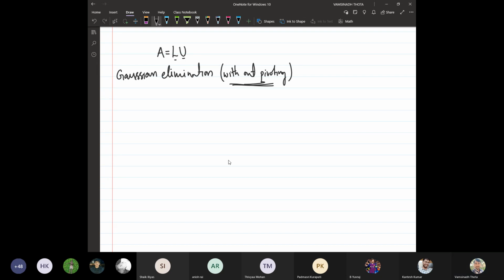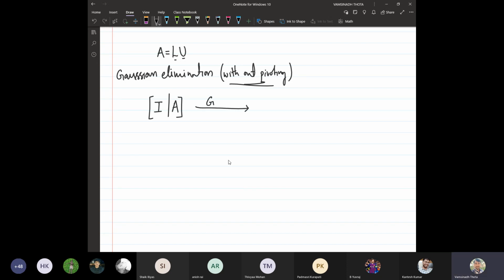For example, assume that initially we have A, and then what you do, you consider the augmented matrix, this one. The left part of the augmented matrix is I, the identity matrix of the same order n. And the right side of the augmented matrix is nothing but the given square matrix A. Now what we do,